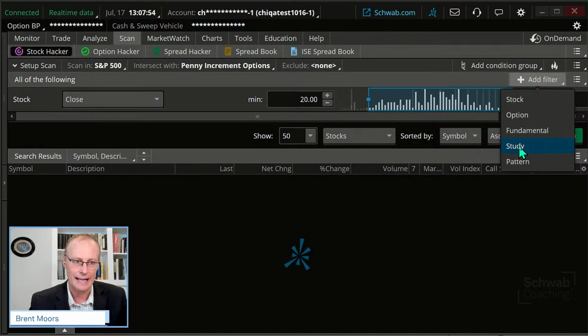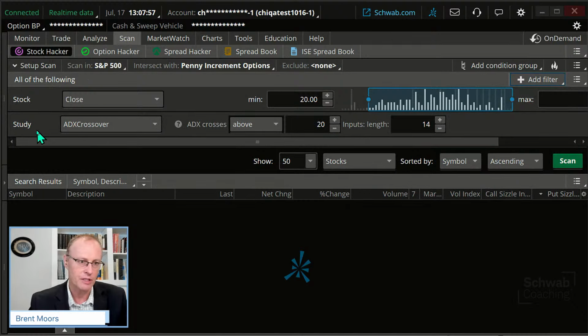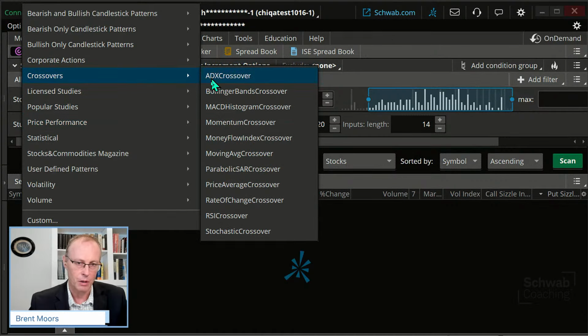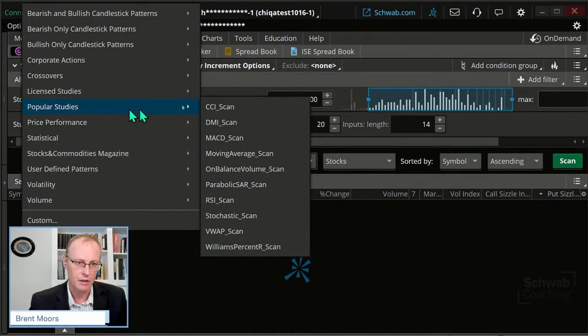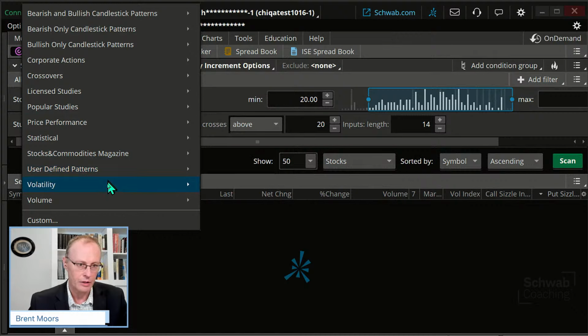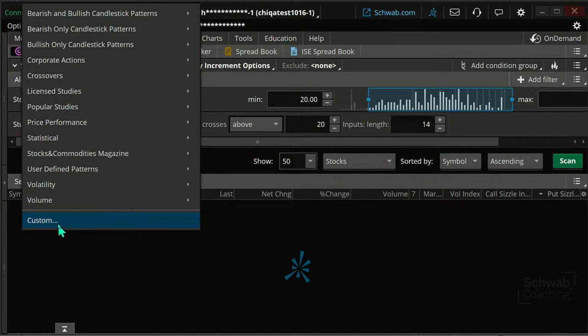But I'm going to click on study. And when you click on that, notice it says study over here, not stock. With stock, I have a particular list of things. With studies, this is where I can customize things. If I go down here, there are different studies available. You can see those right here. But what I can do is go down to custom if I want to. Now, I'm not going to actually do that, we're going to do this in just a little bit, but let me just point out something to you.